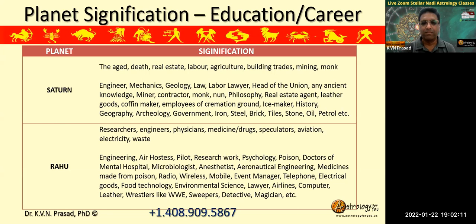Why Jupiter aspecting, sir? That is not real estate, right? See, basically Jupiter is a benefic planet. Jupiter is a natural benefic. There are only two natural benefics. What are they? Jupiter and Moon, I think? And Venus also. But Venus aspect is only the 7th aspect, no special aspects. So Jupiter is very much a giver, expansion. So that is why.